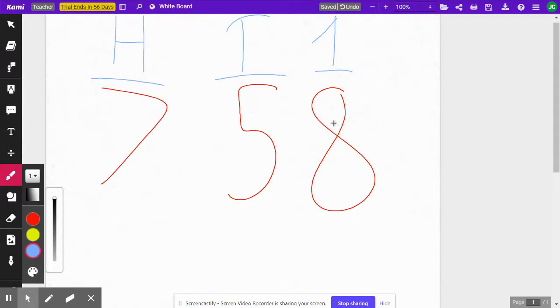Hundreds, tens, and ones. Ones, tens, hundreds. Hundreds, tens, and ones. Just reminding the kids that that's what that means. Hundreds, tens, and ones. Now, friends, if you remember in class when we played with the hundreds, tens, and ones blocks,